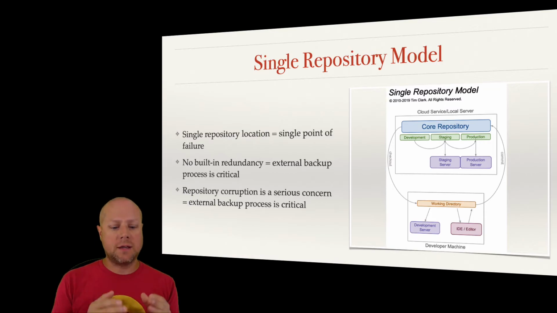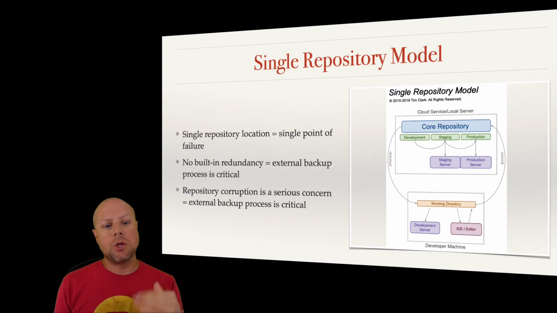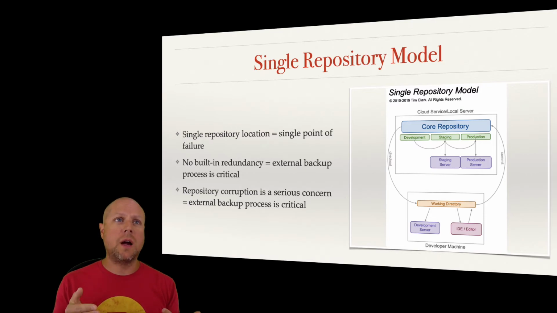If you don't have a consistent, constant, and very timely backup, the possibility that you lose days or hours or even weeks of your entire software development team's effort is really high. And so, when you get a single repository model, you better have backups that are running like every hour, so that the max you lose in effort is 1 hour of developer's time, because you can go back and restore a backup. If for some reason your IT department isn't thinking about it, or your software architect or the product manager aren't thinking about this, and you just have weekly backups, you could end up where your entire repository dies